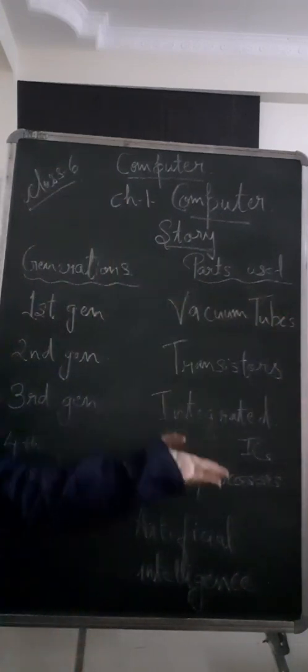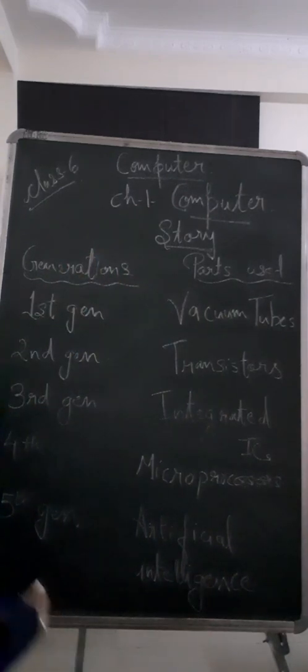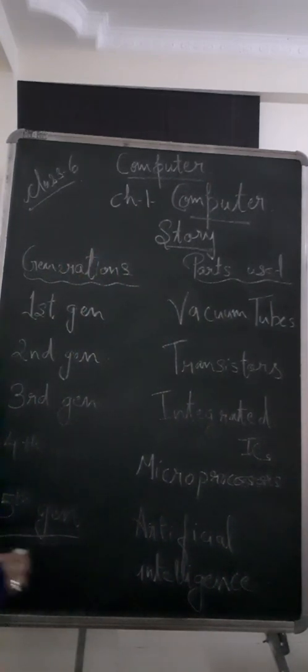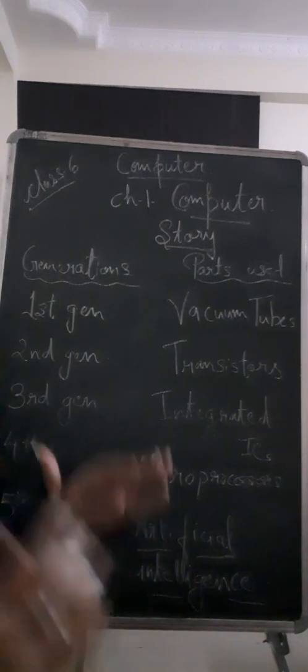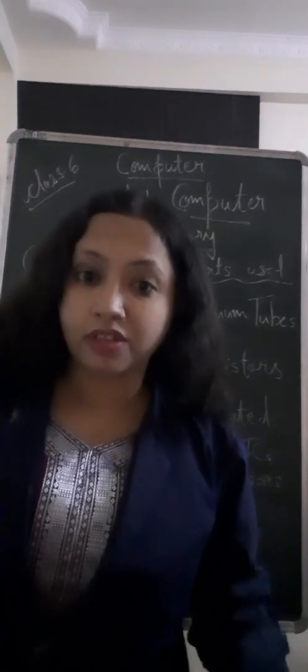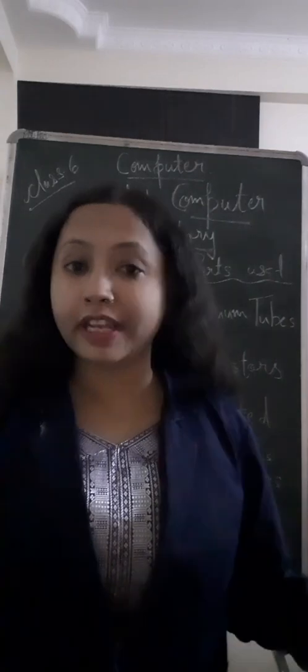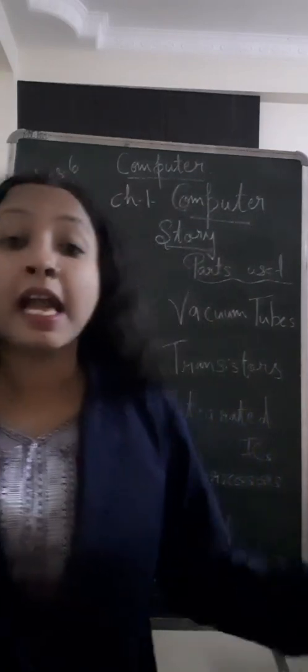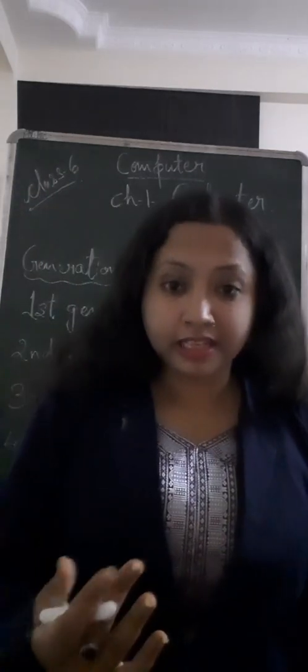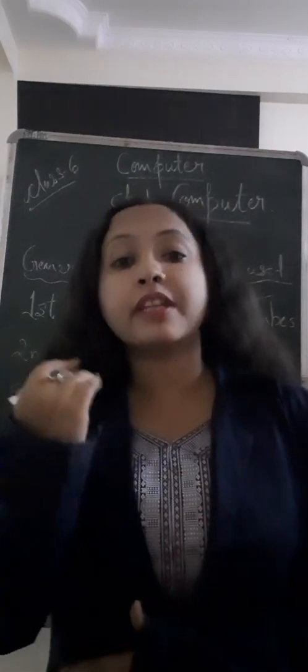Okay, so these are the generations of computers, and the final, fifth generation we have is artificial intelligence, children, which is the very present generation of computers, and it is still evolving. Artificial intelligence means, children, now we all have very advanced computers. Artificial intelligence is the intelligence which will be demonstrated by computers.